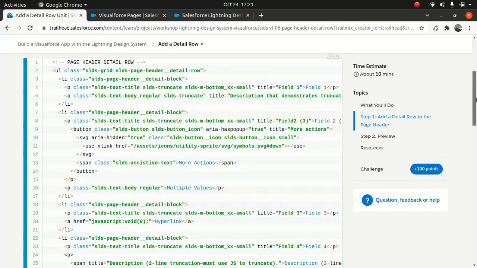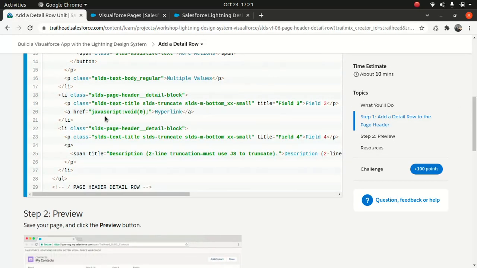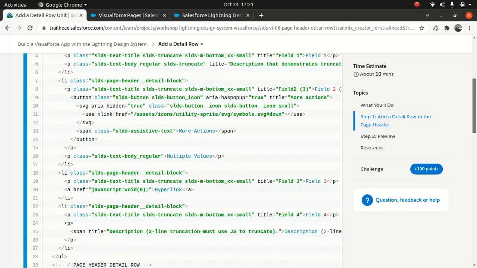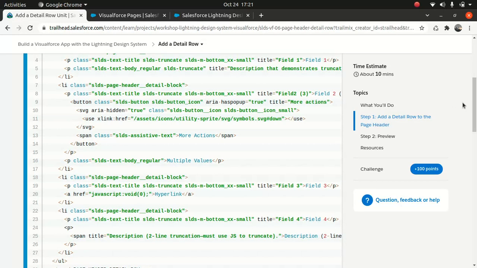So you have a list, an unordered list, simple list. And this is about the description, and this is where they have JavaScript code. This is a hyperlink. Doesn't do anything yet, but that's okay. And yeah,